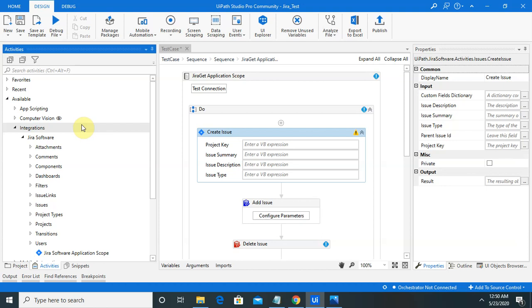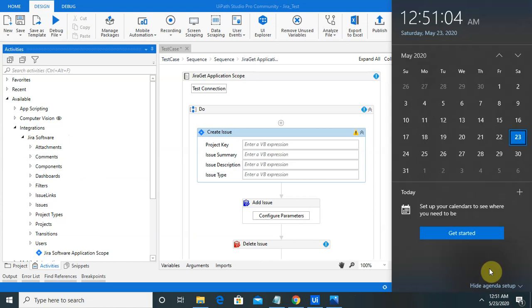So this is all about how we can use Jira in UiPath Studio Pro and how we can automate our stuff. In a further session, I will explain how we can connect it and how we will log the defect automatically by using these available activities. So this is all about UiPath with Jira.